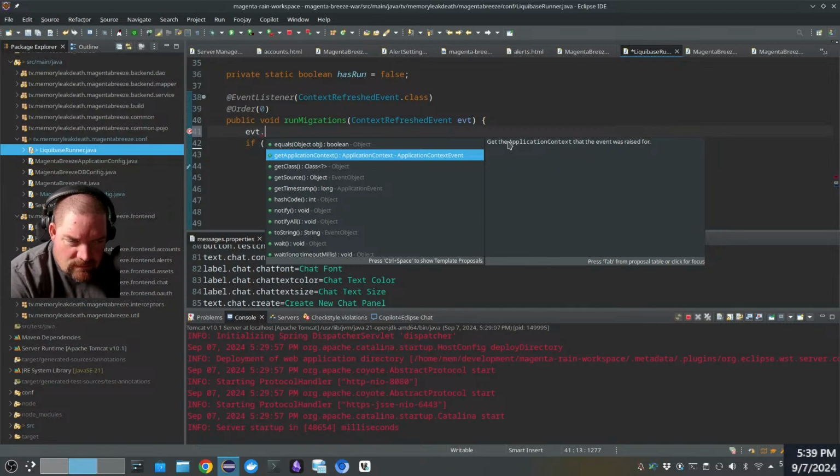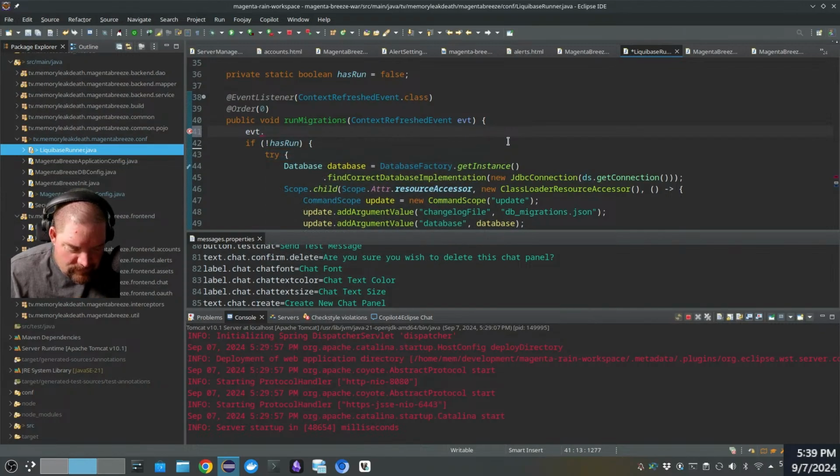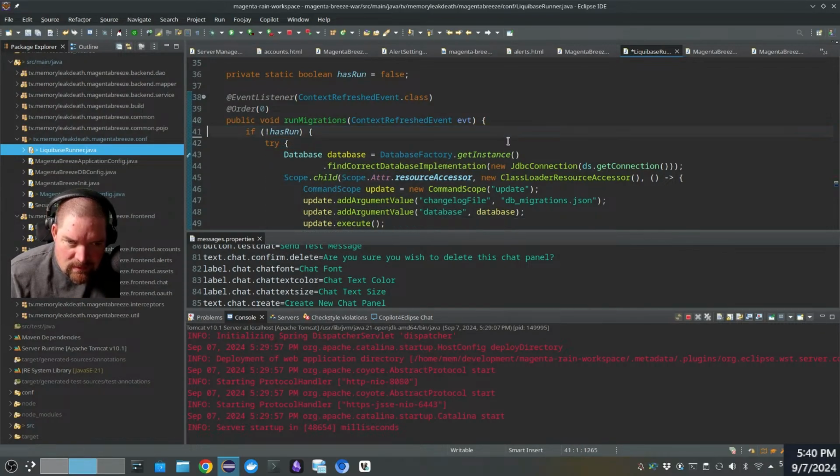Application context of the event was raised. That doesn't help me though. It's not helping me. Alright, I know this is weird, but let's just do